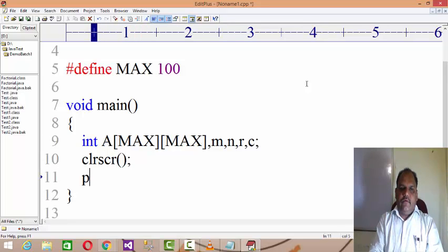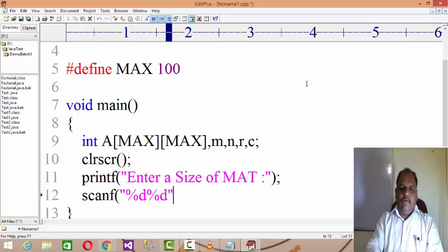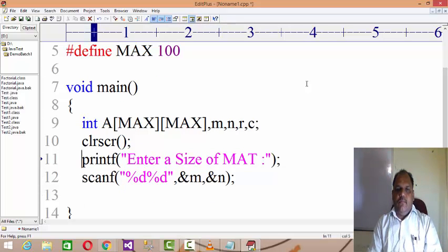printf enter the size of matrix, and then you scan the size in the variables m and n, where m represents the number of rows and n represents the number of columns.